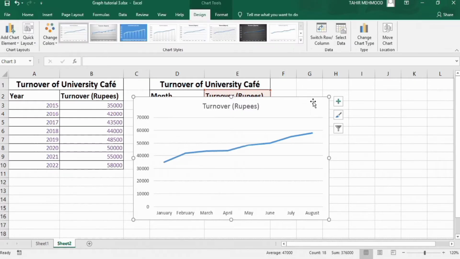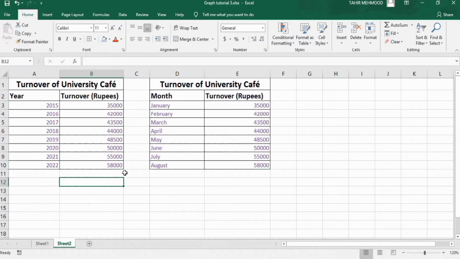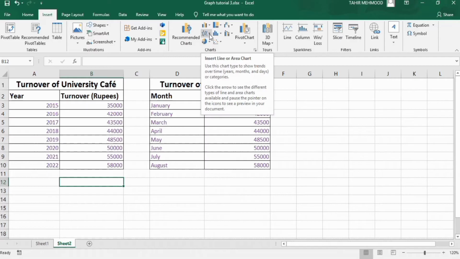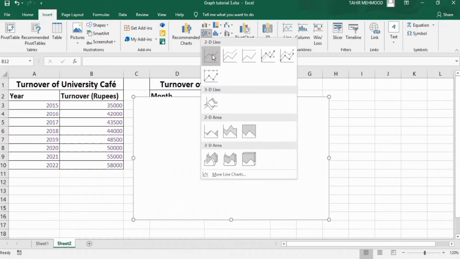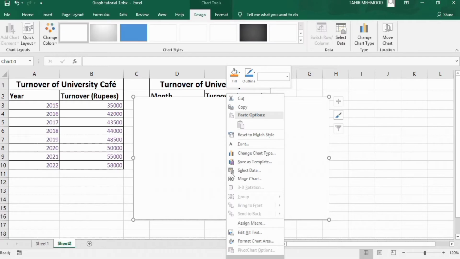So for time being, I will remove this one and select this data. Sorry, you don't need to select this data. For the second method, just go to the Insert tab, and here you will find the option of line graph and select either with marker or without marker. Click on it. You can see here we haven't selected this data, so it generated a blank graph. So now right click on this and you will find the option of Select Data. Click on it,